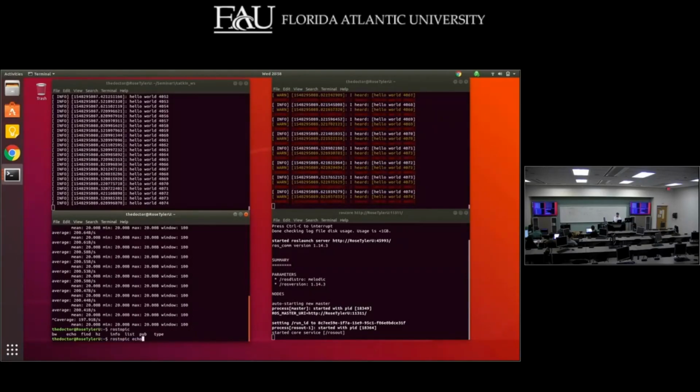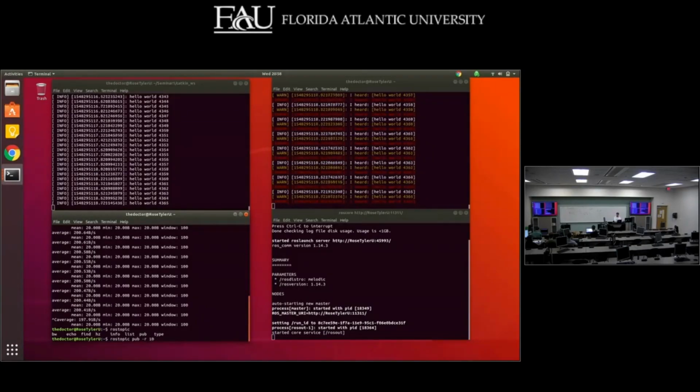ROS topic echo, also really powerful. It's just a command line version of the subscriber, right? We could have set up this publisher and subscriber way easier and way faster in the command line, but it's nice to have the scripts as your basis for whatever your next project is. But if you just want to set something up quickly, you can do ROS topic pub